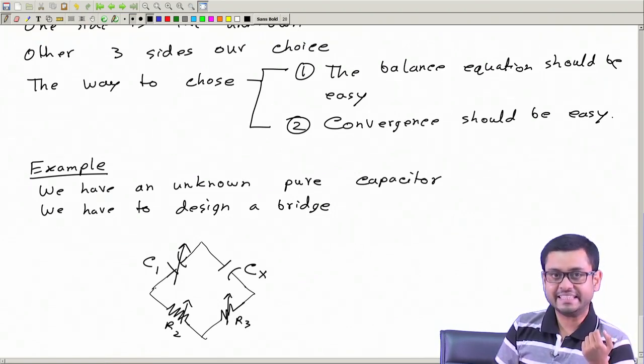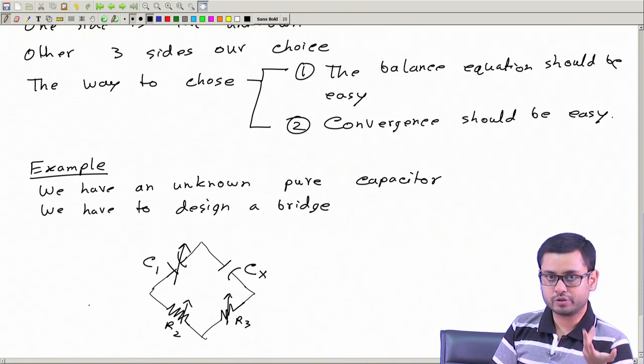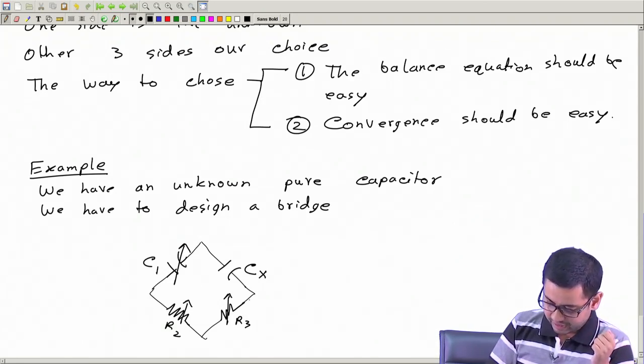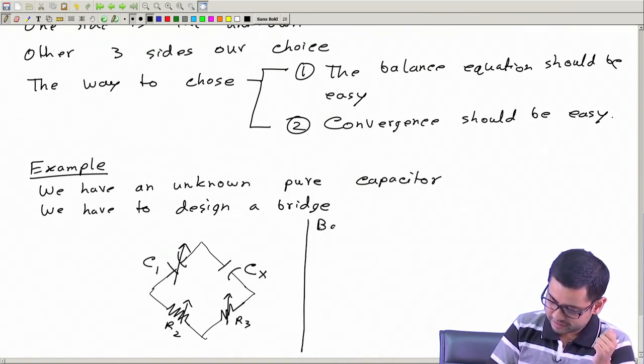Okay. So, I think this is easiest, or you can choose whatever you think is easiest. You might have chosen to put this capacitor here and this resistance here. I mean, it is in a way symmetric. And why am I saying this is easiest? So, the balance equation